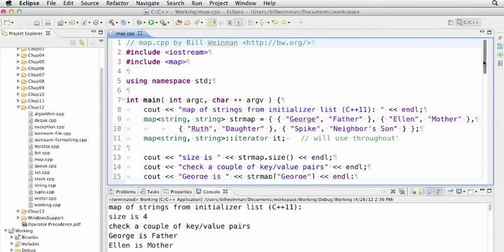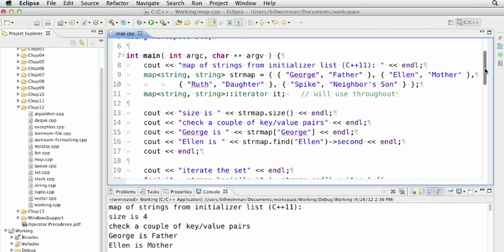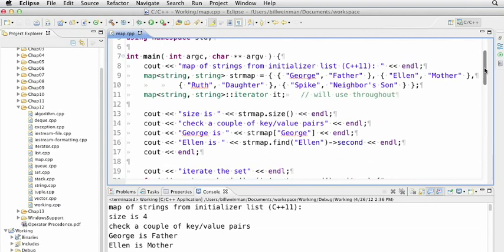And then I declare an iterator of type map string iterator, and we'll be using that iterator throughout. This initialization is being done with an initializer list, which is a C++ feature. Without that feature, it's actually pretty complicated to initialize maps, so it's a good thing we have that. The map class has a size method, and you'll notice that the size down here is 4, so there are